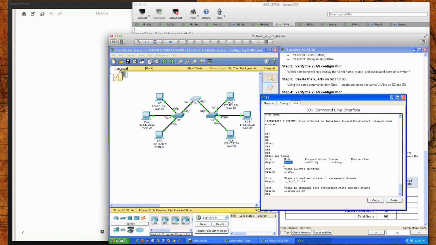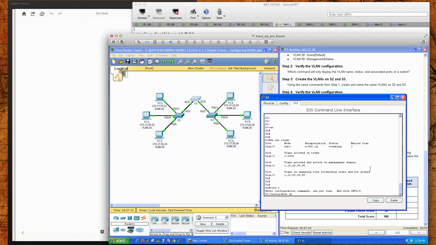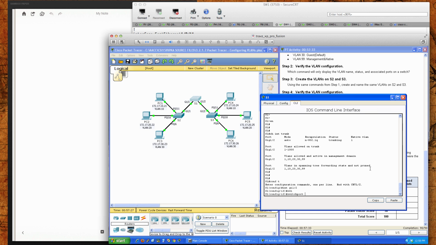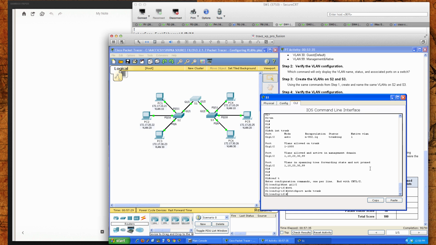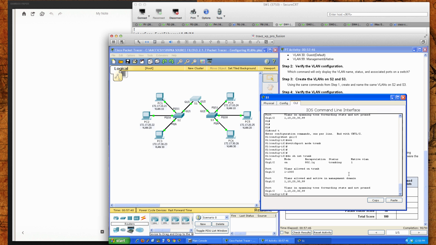Now, according to our reading, this is something that you would want to hard code. So let's go ahead and do that right now. So if I'm on switch 1, I'm going to go into interface gigabit Ethernet 1-2, and I'll do a switchport mode trunk, right? So we'll hard code that so that the mode should change from auto status into the on status. So we'll do show interface trunk, and as you can see, our mode has changed